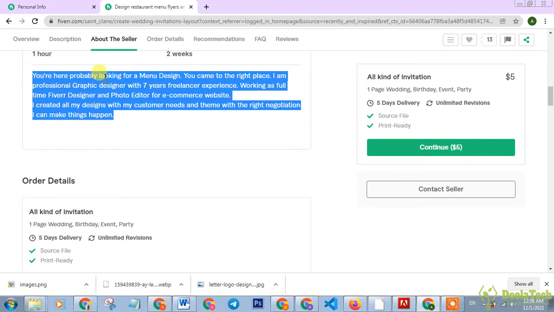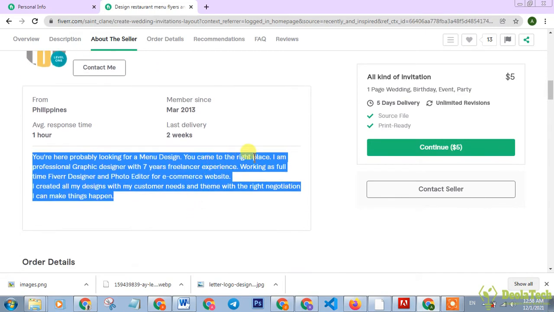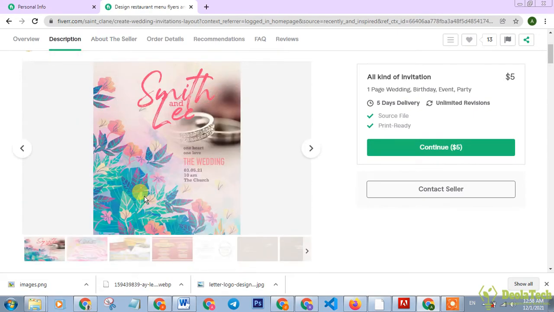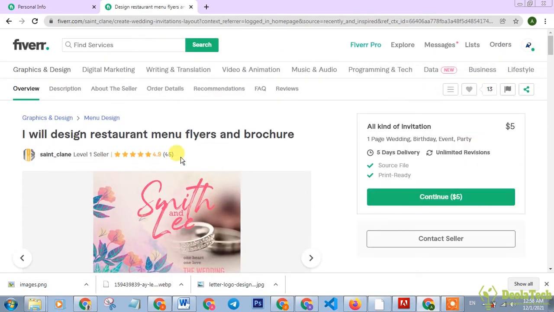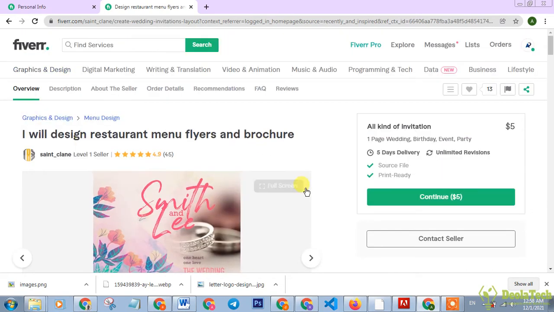You are here probably looking for a menu design. You came to the right place. I'm a professional graphic designer with 7 years freelance experience. I'm working as a full-time Fiverr designer, photo editor, e-commerce website. I create all my designs according to my customer's needs. Now this is very, very okay. And if we look at this seller's